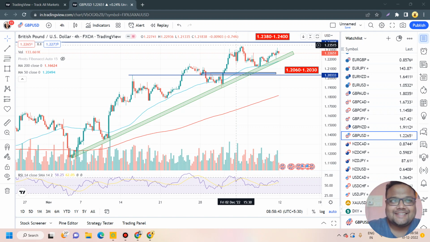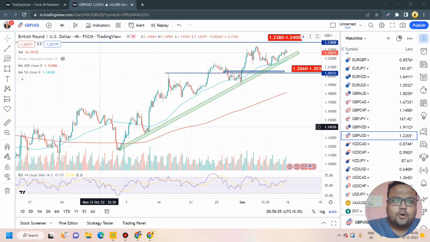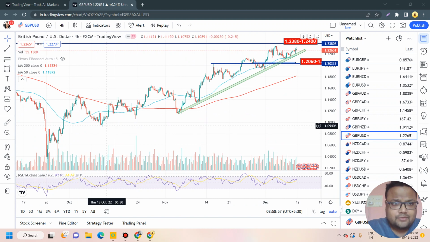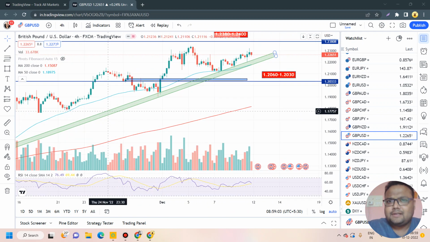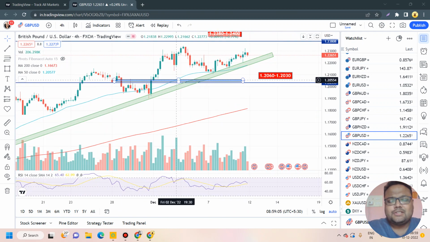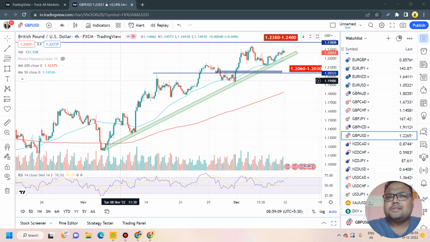So let's get started. This is the 4-hour chart of GBP USD in front of us. And as you can see, the last traded price of GBP USD is 1.2265. Overall, if you look at the chart of GBP/USD, there is no doubt that this market is in uptrend. But if we observe the chart carefully, we can see that somewhere GBP/USD is losing